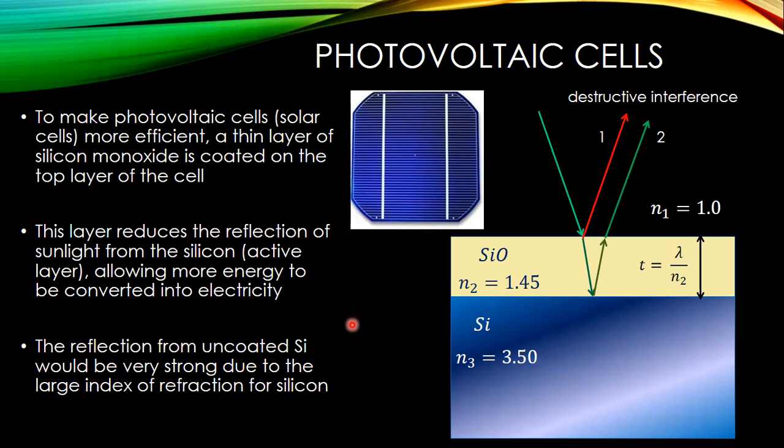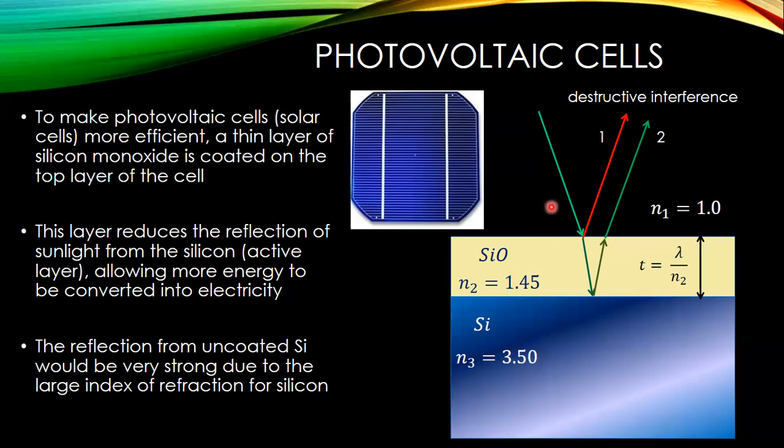So for instance, if it's just off of crown glass, as we said, the reflection is about 4%, okay? If it's off silicon, which has a very high index of refraction in the visible part of the spectrum, that reflection can result in a significant amount of energy being lost. I'm not sure exactly what the amount of reflected light would be, but it could be over 10%,